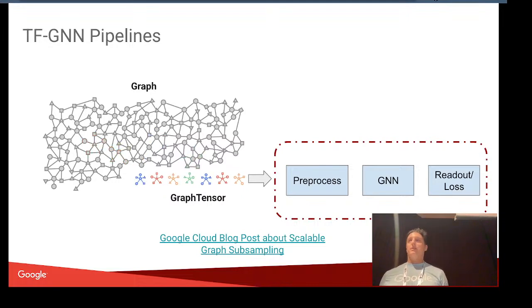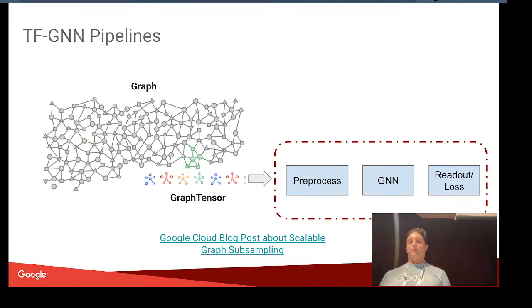The pipeline typically starts with some graph data. It's on disk, or held in a database, or in memory on one or more machines. And for most problems, like node classification that Jonathan was talking about, or let's say link prediction, a modeler might want to generate sampled subgraphs from a much larger graph and format the subgraph in a data structure that TensorFlow GNN can understand. In TFGNN, graph data is represented, as I said, by this graph tensor object,